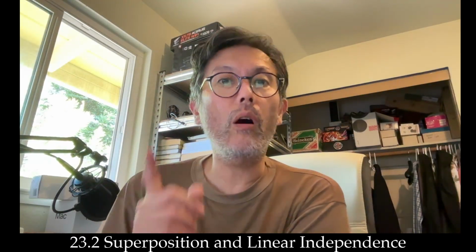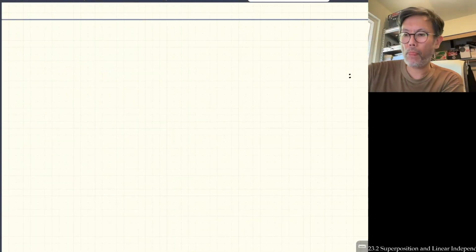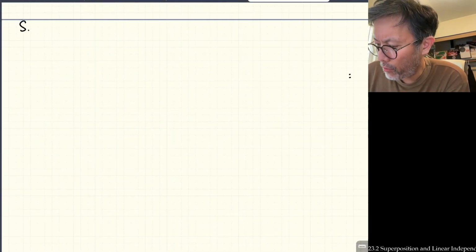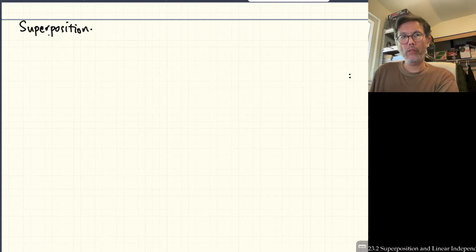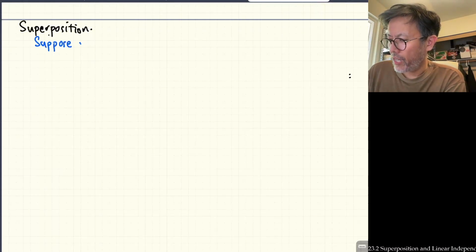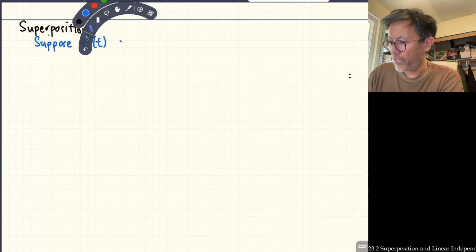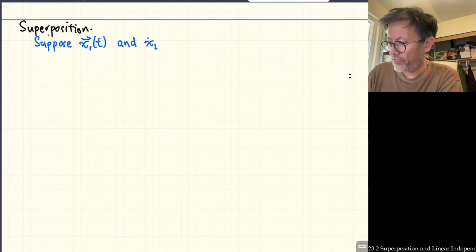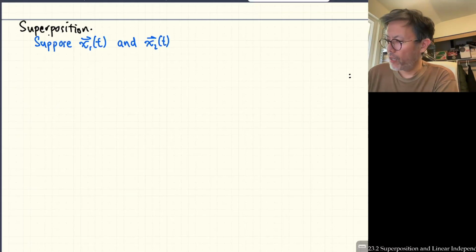Something like that is true also for linear systems. So I want to make sure that we say that out loud. So I want to talk about superposition. Okay. So the idea is that suppose we have two solutions, x1 of t, and this is a vector. You have to imagine it's an n by 1 vector of functions, and x sub 2 of t. Again, another n by 1 vector, possibly different. Our solutions